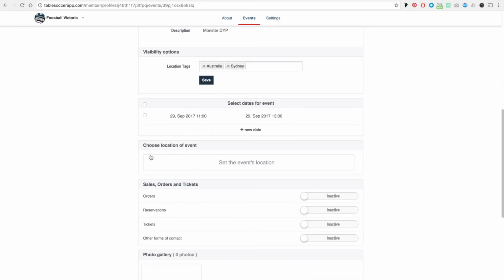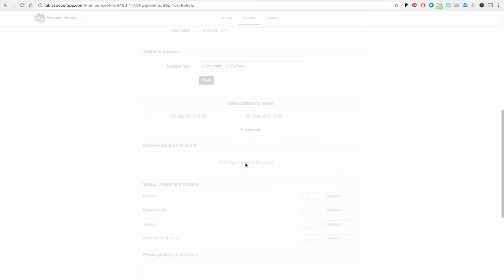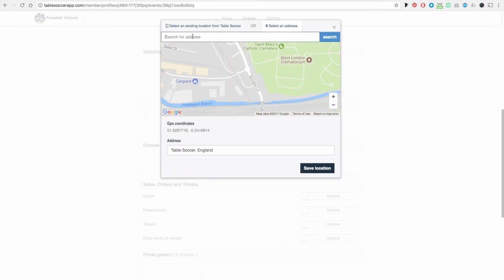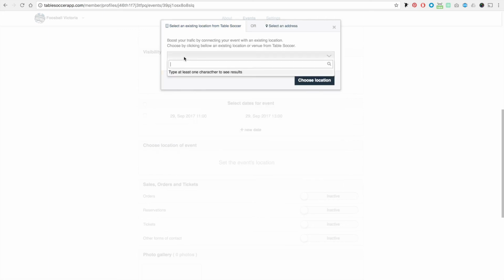And we see that there is no location set up, because as I told you, this event organizer doesn't have an address set up in its profile. So what we need to do is choose the location of the event. Now we can either add an address from Google. We can easily search and add an address from Google, or we can add a place that's already in the app. So let's say that